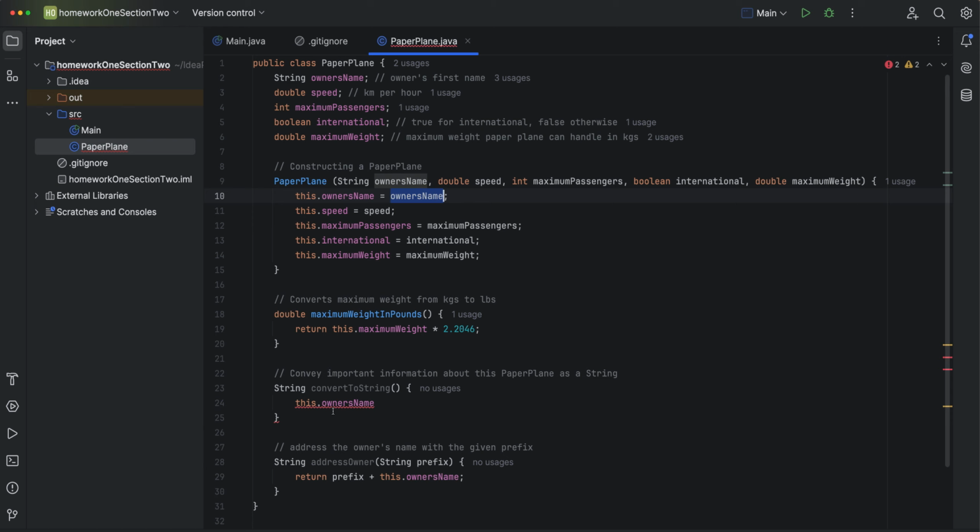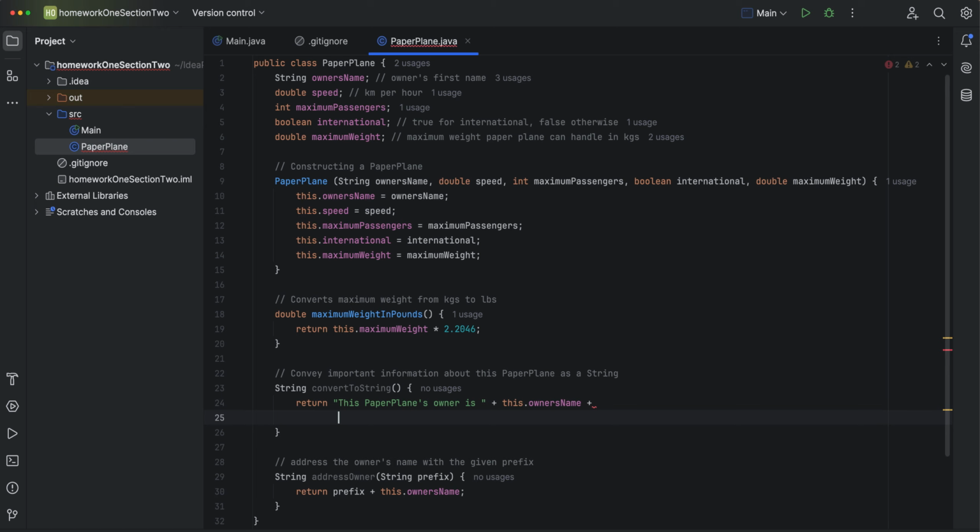So this was a constructor. This is just saying, hey, create this class with the given information. In this method, we already have the information. So what we can do is, first of all, since it expects something, we're going to start with the return keyword. And then what we can do is say, this paper plane's owner is, and remember that plus works with strings as well. We'll give it this dot owner's name, and then we can say